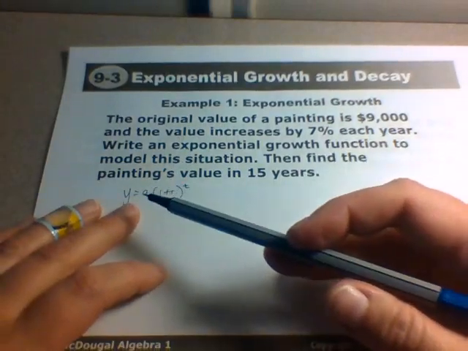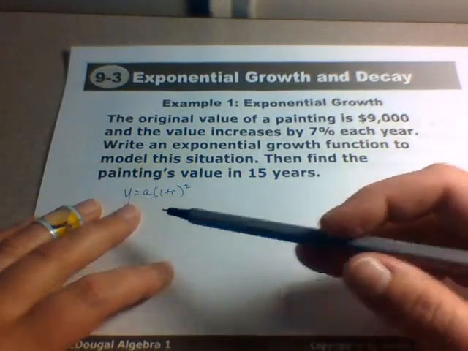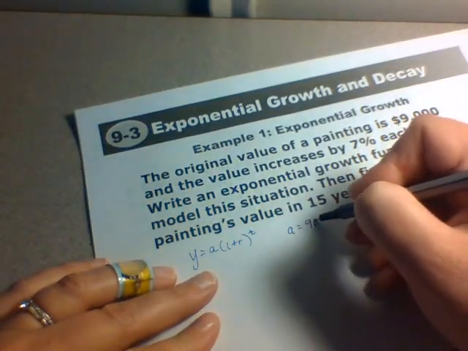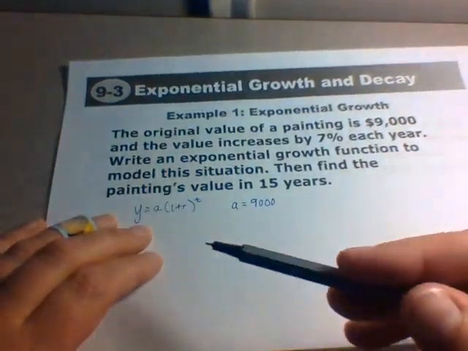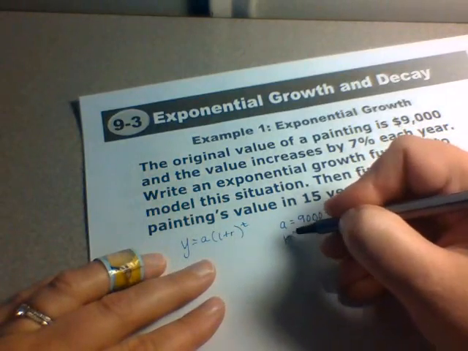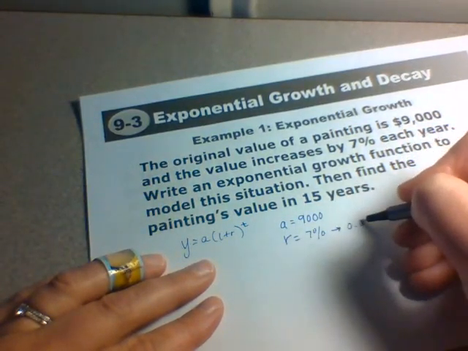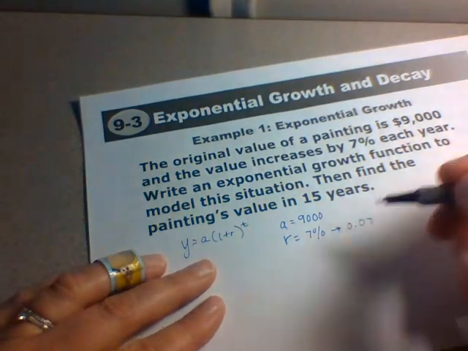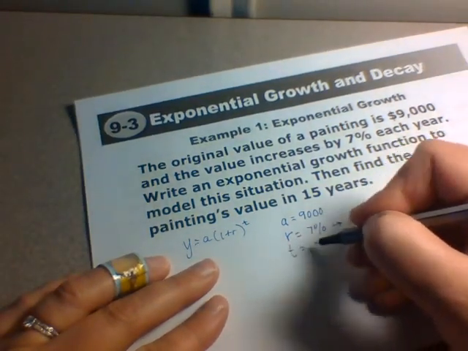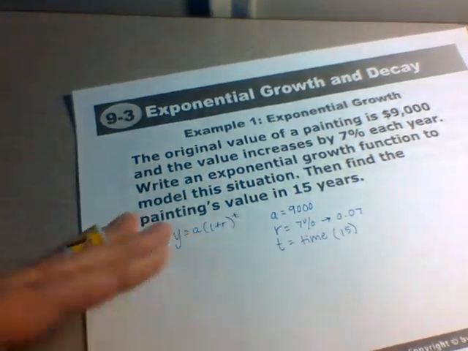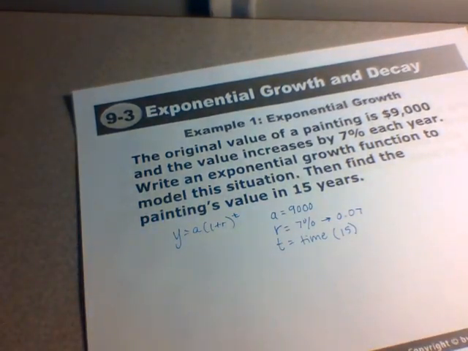Remember that we're trying to find y, or the ending result. So instead we need to figure out what a is, and a is 9,000, the original amount of the painting. Our r is 7%, but remember that 7% is going to be written as 0.07. And then our t is time. And you might think that the time should be written as 15 years, but if we are starting out,